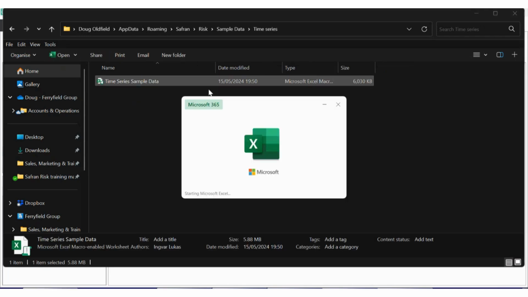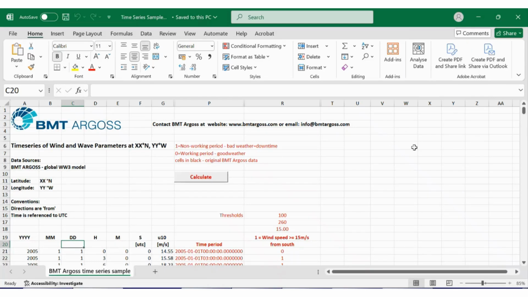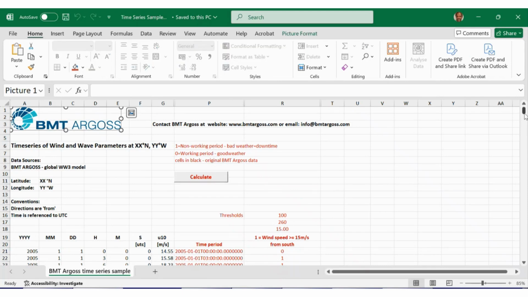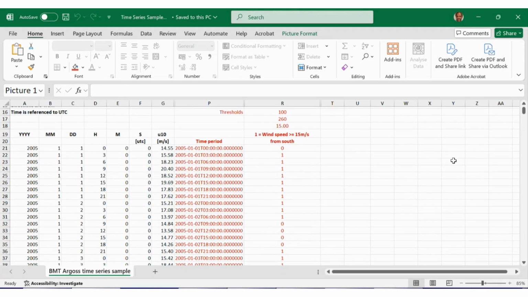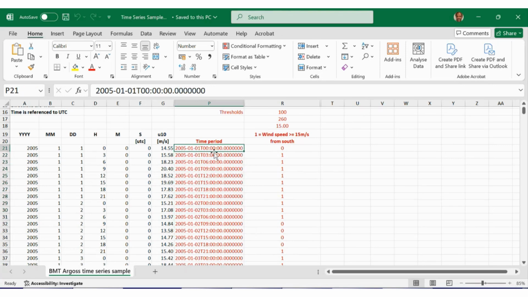And so if I open this up, this is actually that wind speed example, and it was put together, I think, for Safran by BMT Argos, which is a consultancy in the UK. It does a lot of stuff in aerospace and defence, I think. And when we've got a time series, Safran needs 2 bits of data for each point, essentially. And so here what we've got is the time period,